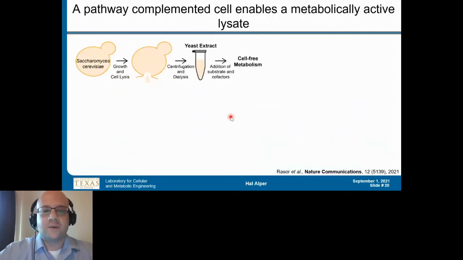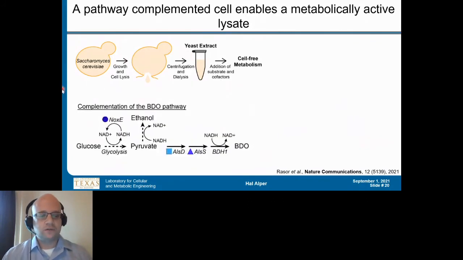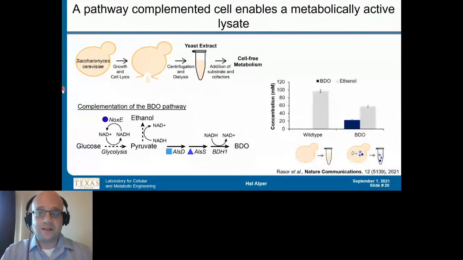So what we wanted to do is first see, does cell-free metabolism work? Can we metabolically engineer a cell to create a better extract? To do that, we took that motivation back from that 2,3-butanediol experiment that I showed a few minutes ago, and said, can we take this cell, lyse it, put it into an extract, and by adding additional substrates and cofactors, can we activate that metabolism? First off, we wanted to see, can we activate some kind of heterologous pathway to start with? So we complemented just that BDO pathway itself, just the heterologous pathway, none of the CRISPR rewiring there yet, and found indeed this is starting to work.